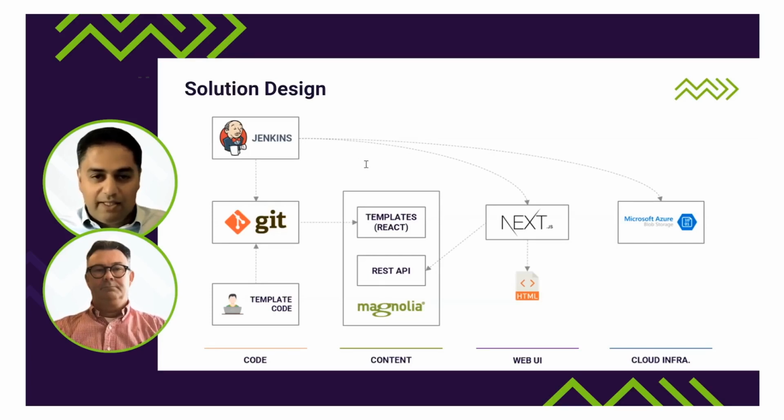So we needed to use Jenkins, and then we needed to host the head of the application, initially on-premise, and then to move it to Microsoft Azure, which also matched the strategy that Hastings is currently going through, moving off of on-premise onto Azure. Other than that, we were free as a team, collaborative, Darren's team and my team, to help pick the technologies we were comfortable with, and that we felt would be the best match for